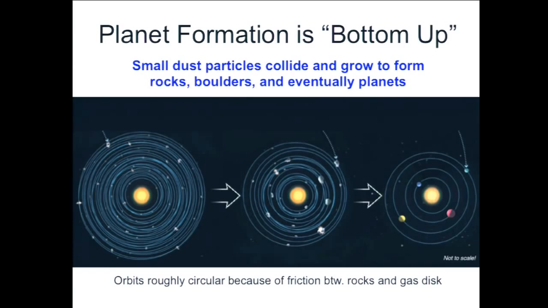Yep. Why is it not possible to actually share the same orbit? Yeah, in principle, you could have two planets on exactly the same orbit. If you have two planets on opposite sides of the star, they go around with exactly the same orbital period, they never run into each other. The problem is that if they have slightly different distances from the star, that means they have slightly different orbital periods, and that means eventually they'll get near each other and one of them will kick the other one away. So that's what ends up happening. And so two planets on roughly the same orbit is unstable. One of them gets booted out.